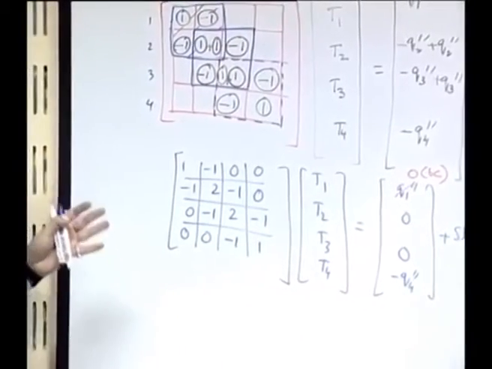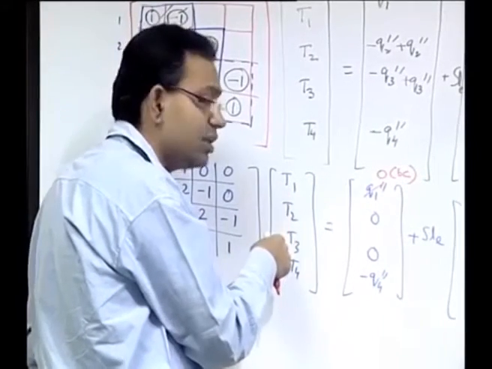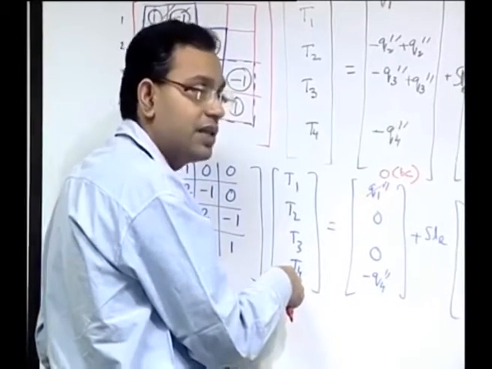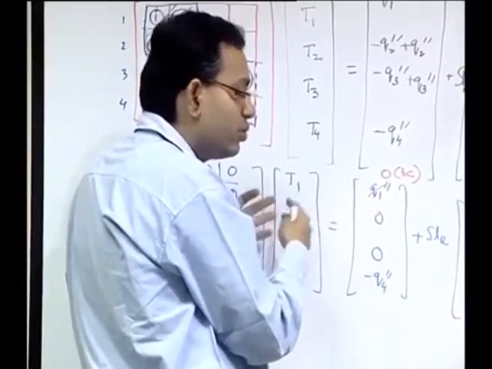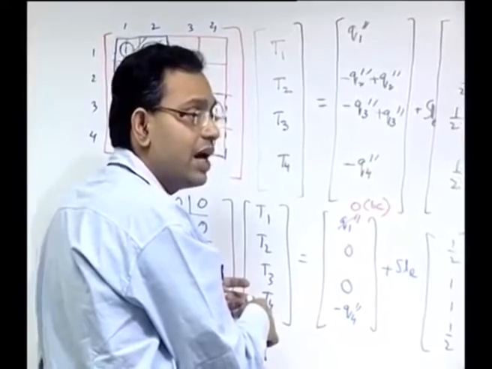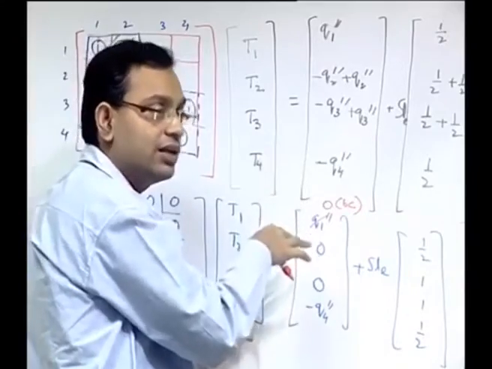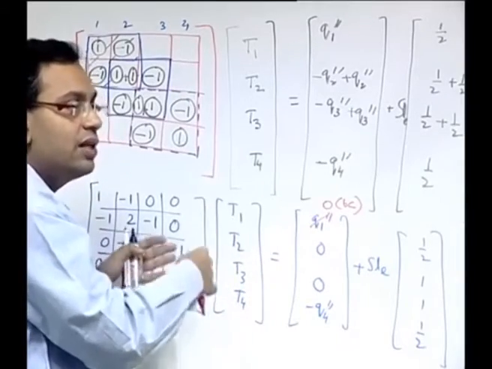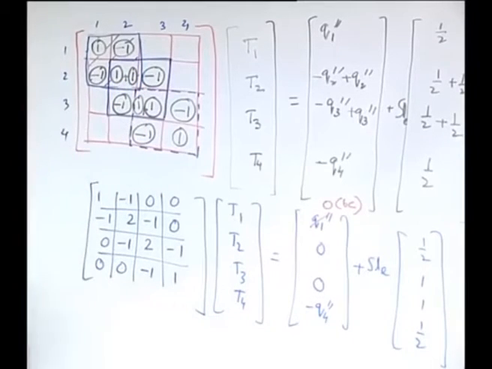So, you can understand the problem is like this: you will be solving T1, no doubt about it, you will be solving T2, T3, no doubt about it, but you do not want to solve T4 because T4 is already specified. But say every time you do not want to change your computer program to tune it with the fact that which is specified and which is not specified. So, even though T4 is specified, you may want to solve for T4 and find out the value exactly same as what is specified, then that will also serve the purpose. Then you can use the same structure for solving the system of equations, no matter whether T1 is specified or T4 is specified. So, how can we do that?